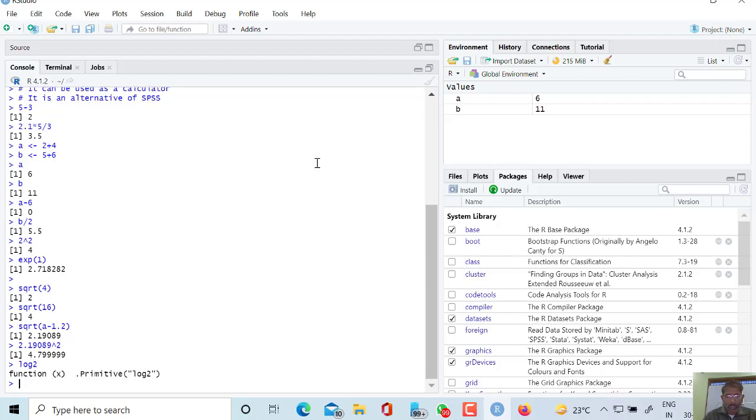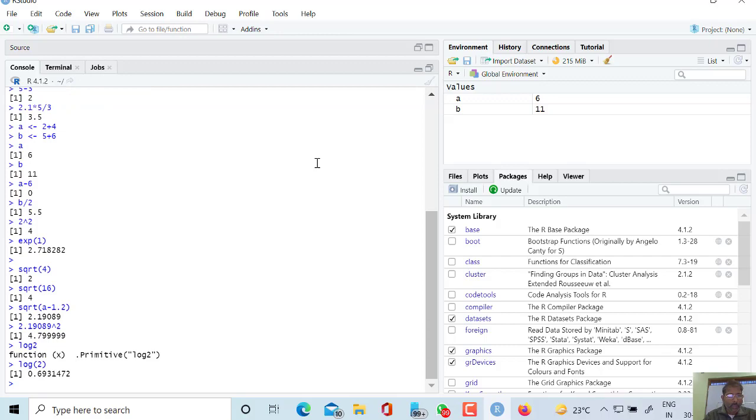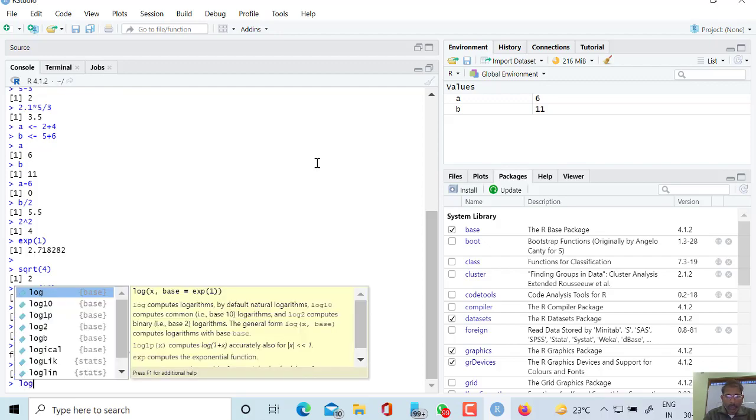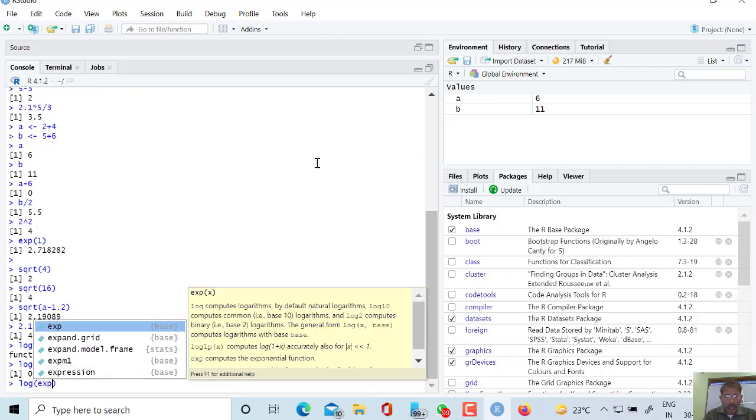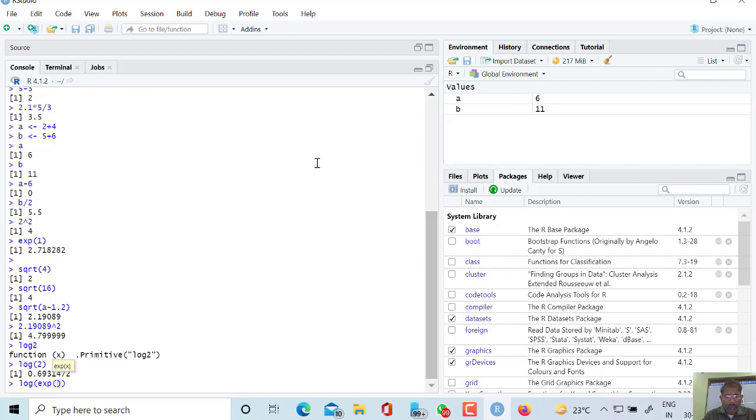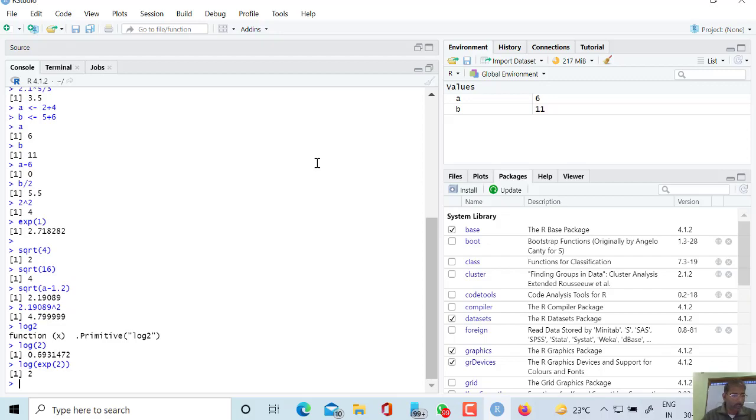Oh sorry, it should be in brackets. Log 2, its value is 0.69. Let us check whether this value is correct or not. Suppose I am writing log of exponential of 2, because we know that log of exponential gives the same value, so the result should be 2, and here the result is 2, therefore it is correct.